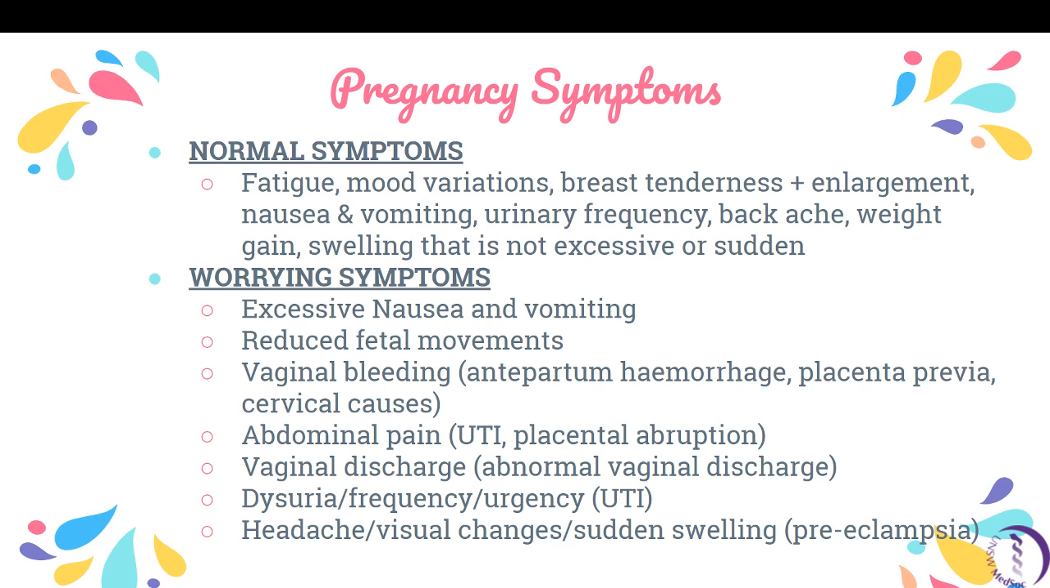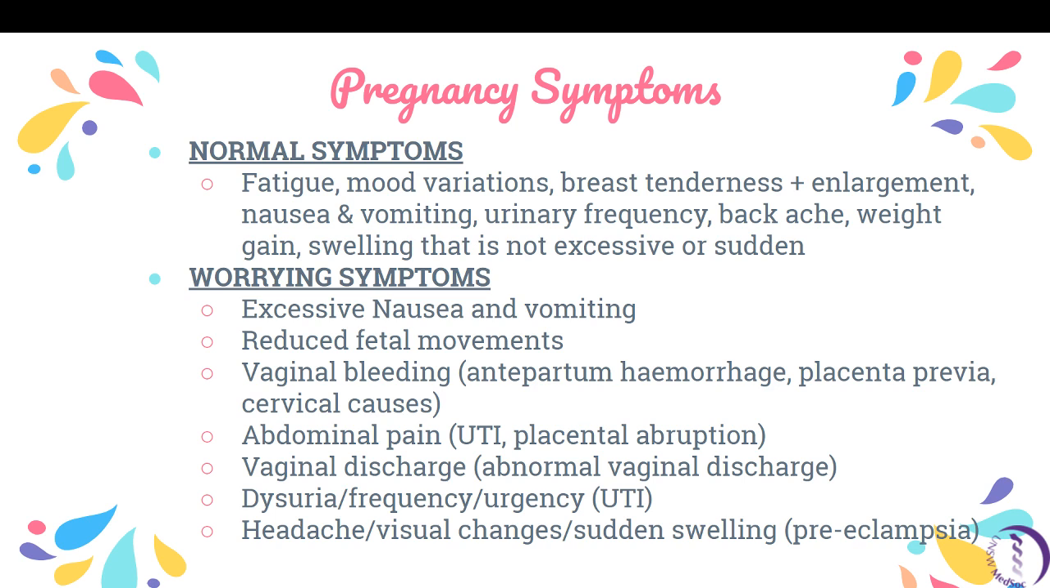Vaginal bleeding is never normal. Vaginal bleeding is usually a worrying symptom because it could be antepartum hemorrhage, placenta previa, or cervical causes. Vaginal bleeding can be normal if they're having sex during the pregnancy. Other things that might be a bit more worrying is abdominal pain because it might suggest a UTI or placental